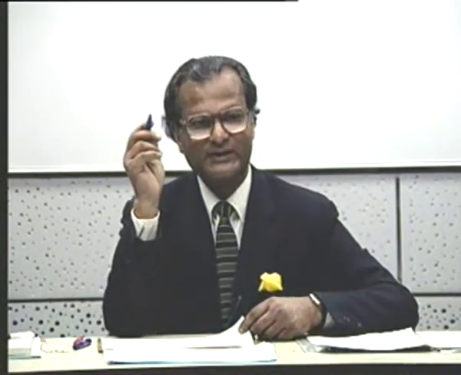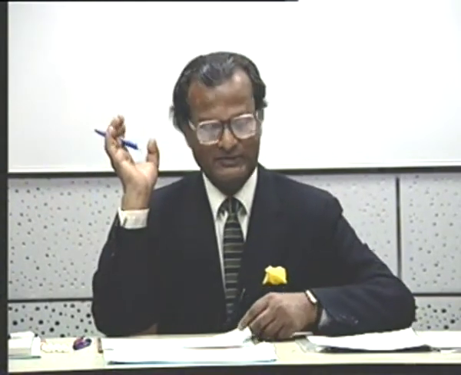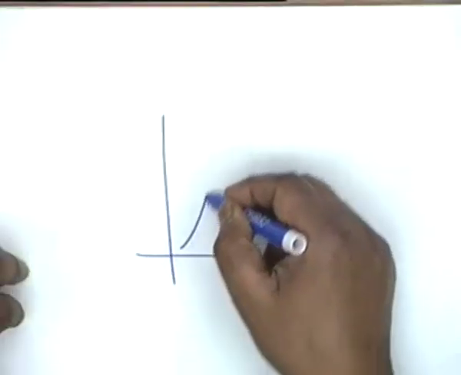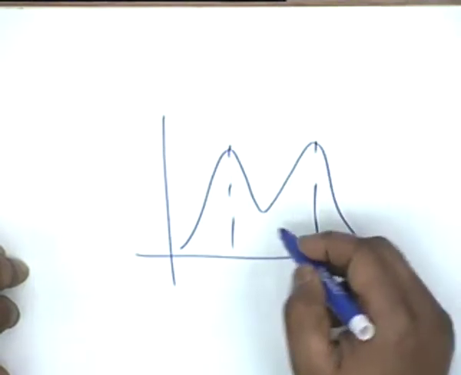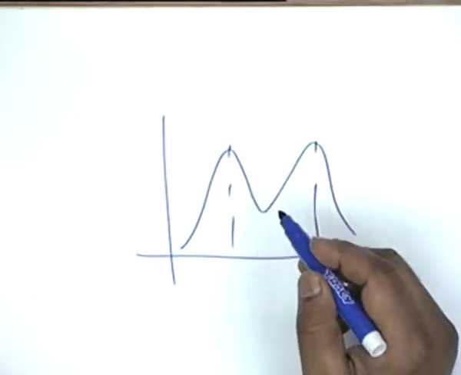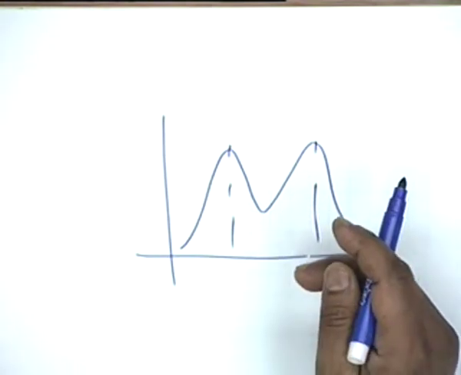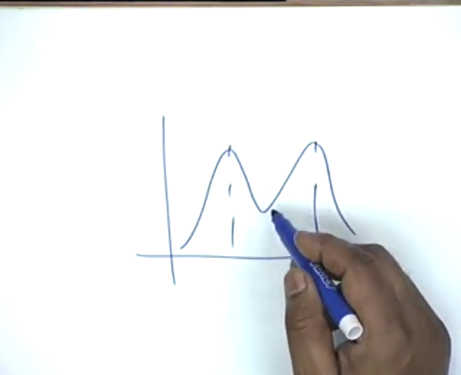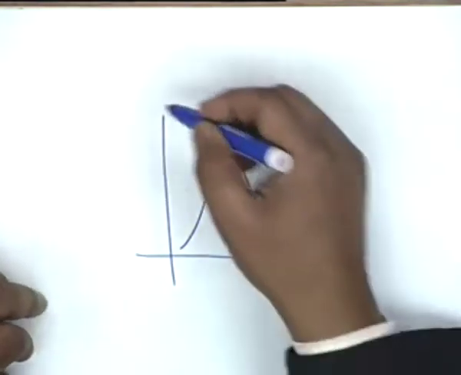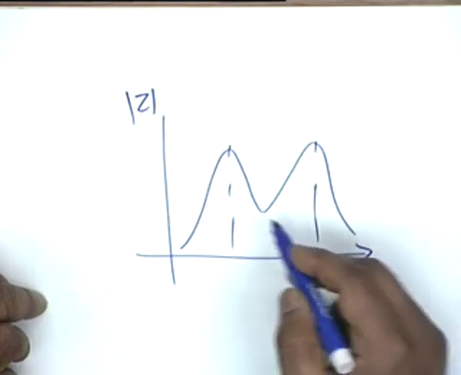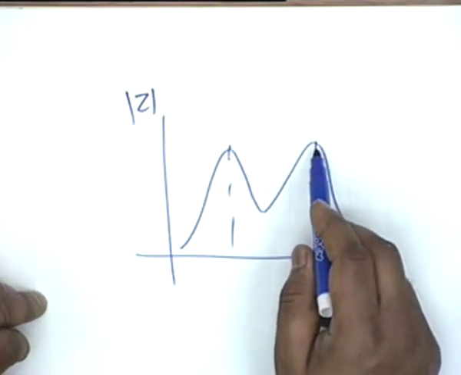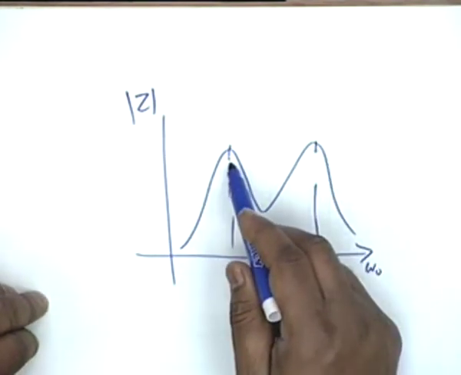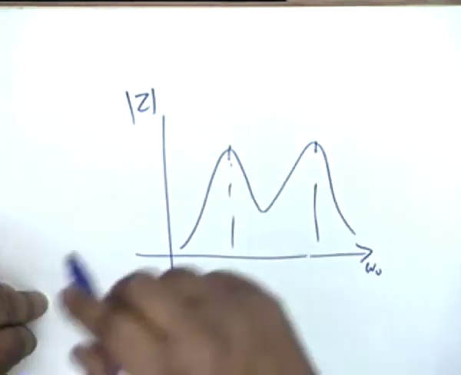Which means that in theory we can expect that there will be circuits which resonate at more than one frequency. For example, we can have circuits like this, resonating at two different frequencies. This is also resonance. A minimum in the characteristic is also resonance. For example, it could be the plot of the impedance versus frequency. If it is the plot of impedance versus frequency, then what will you call these two resonances? The impedance is a maximum. These two must be corresponding to parallel or series. That's the question that I am asking.